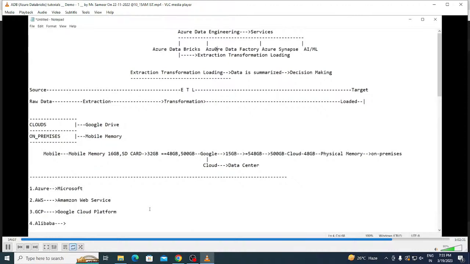Sir, there is a coding part in the curriculum, so do we need to learn coding as well? Yes, of course. Whichever coding is required, we will discuss it in the class itself. Separately, you need not go outside to learn coding. I will explain it. It will be easy, not as tough as people think. We will be seeing coding in 4 different languages: SQL, Python, R, and Scala. I'll write the code.